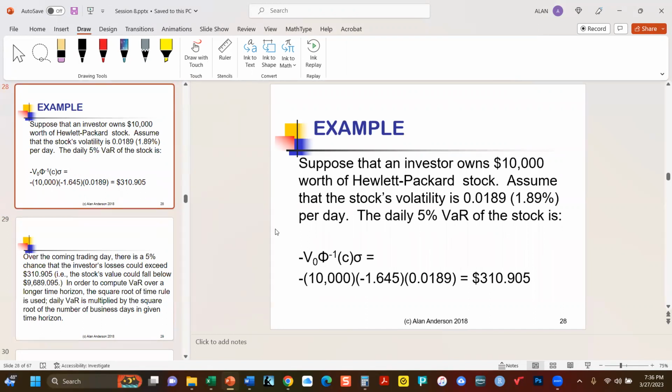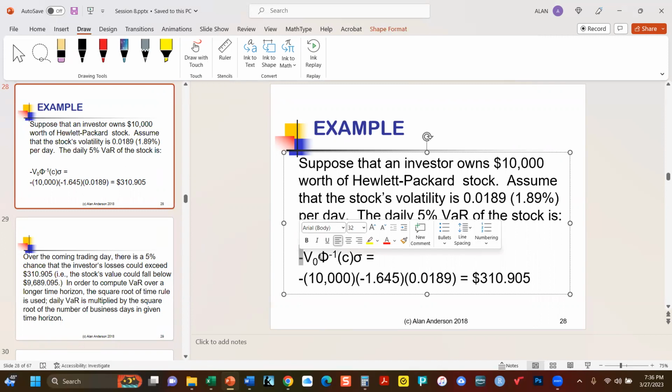Therefore, the 5% VAR is this. Now, by the way, I almost forgot to mention, we have this negative here because we know that this number taken from the normal distribution is going to be negative, given that it's in the left tail. We don't want a negative number. It's awkward to deal with. So we're just essentially getting rid of the negative there so that we understand that this is actually a negative